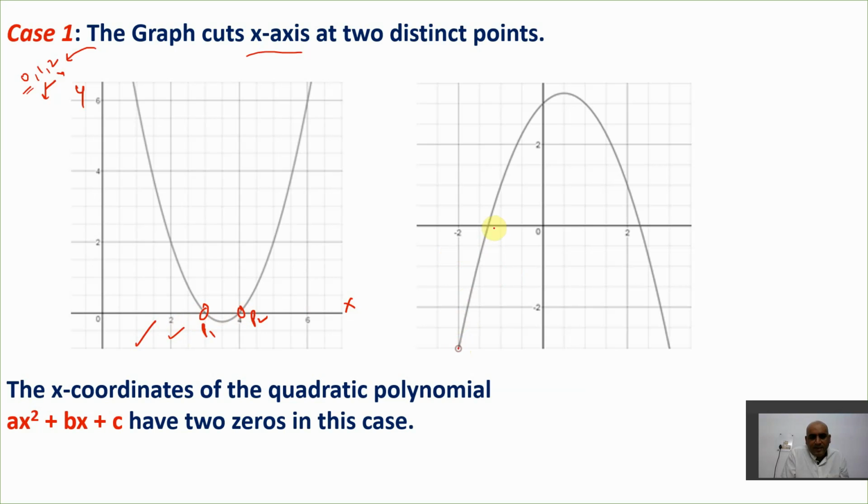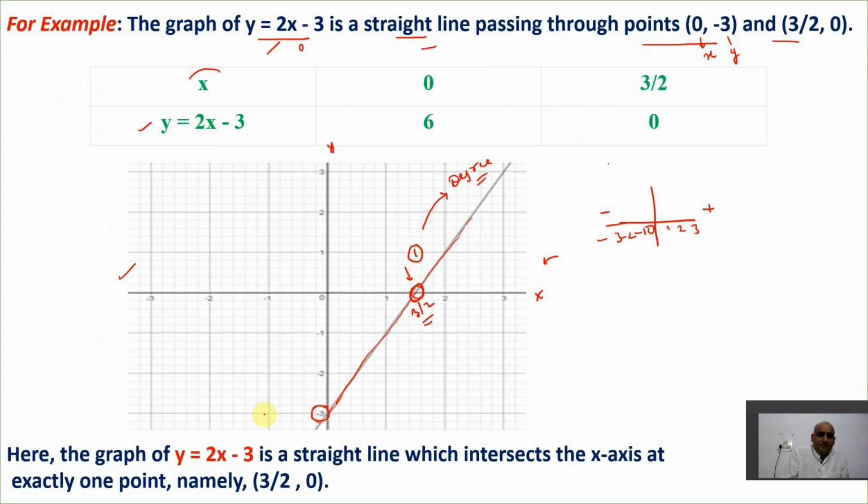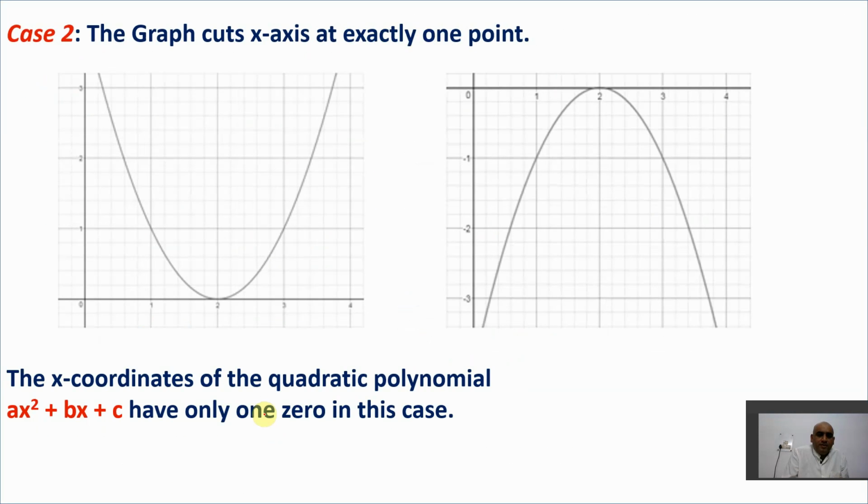Now you can see this parabola. This also touches the x-axis at 2 points. This is the x-axis, right? So here also the degree is 2. This is the first case here. So degree 2 means there are 2 zeros in this case. This is the relation between degree and zeros. See, very, very simple. 1 degree means 1 zero and 2 degree means there are 2 zeros, right?